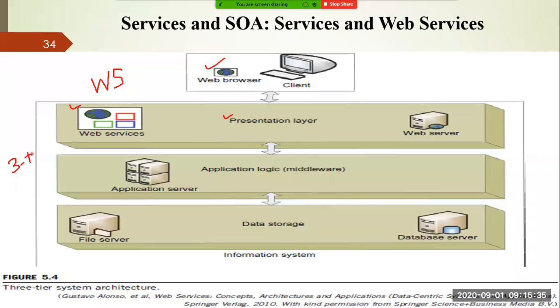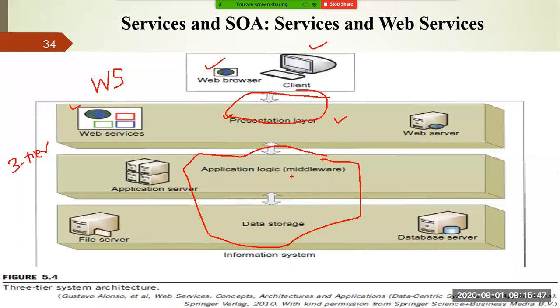But if you go for two-tier architecture, you have two things. One is your presentation layer. Obviously the client and web browser will be there, right? The presentation layer will be there, and these two are now combined in the two-tier architecture. The application logic layer and data storage are both at the same level, right? That means application server, file server, and database servers are present in the same layer. So the maintenance is a little bit difficult, but if you go for various separations, then you can monitor the resources properly, and you can also reduce the complexity.